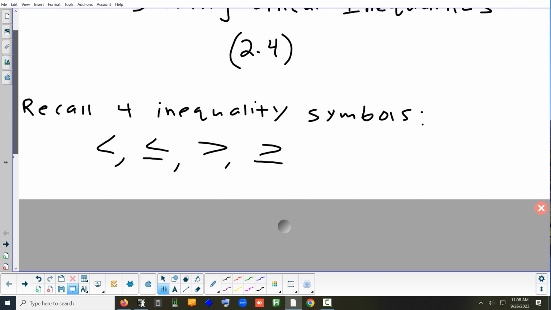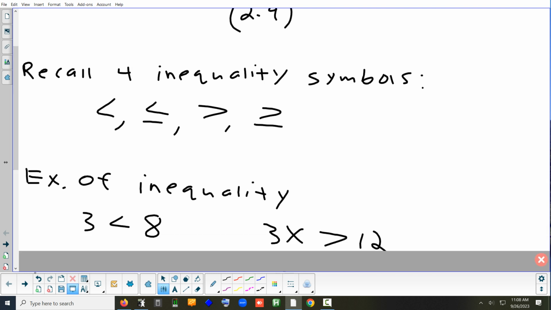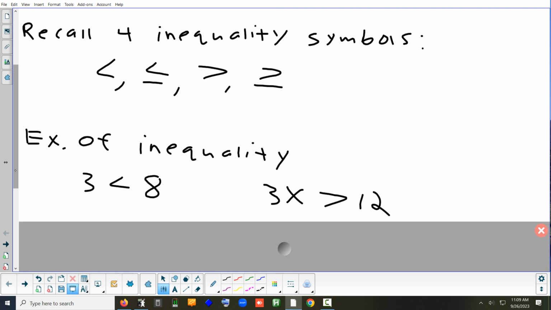Just a reminder what the four inequality symbols are. Less than, equal to, greater than, or equal to. These are both examples of inequalities. The one on the left, that's just a true statement. The one on the right could be true if we solve it correctly and get the answer. Is that kind of like identity and conditional? Yeah, there's a condition that would make this one true. As long as x is greater than 4 would make that one true. And this is just a true statement. 3 is less than